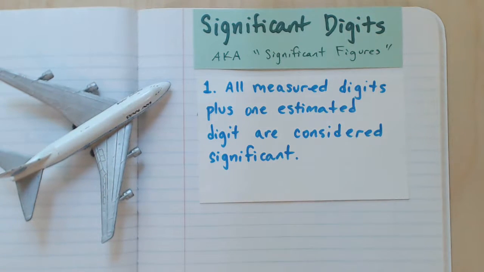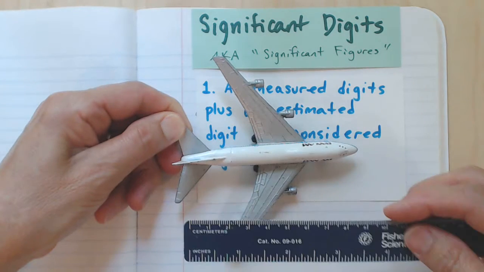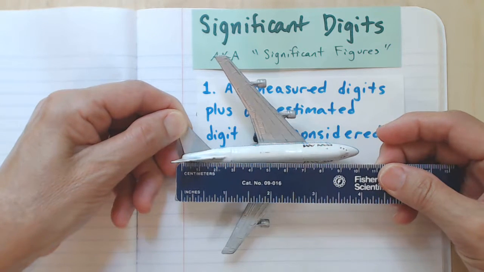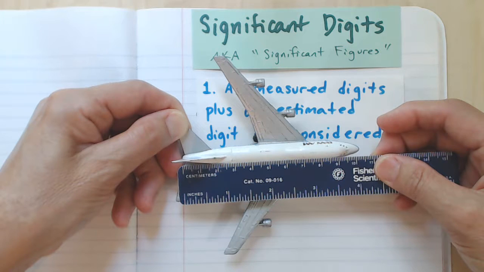Important rules about significant digits, also known as significant figures, sometimes called sig-digs, sig-figs. Number one, all measured digits plus one estimated digit are considered significant. So if I wanted to measure the length of this model Pan Am 747 plane fuselage, I'd put my meter